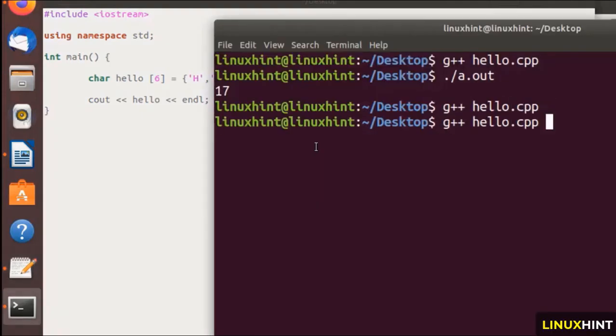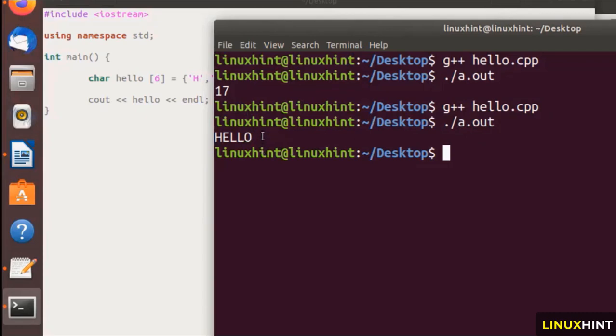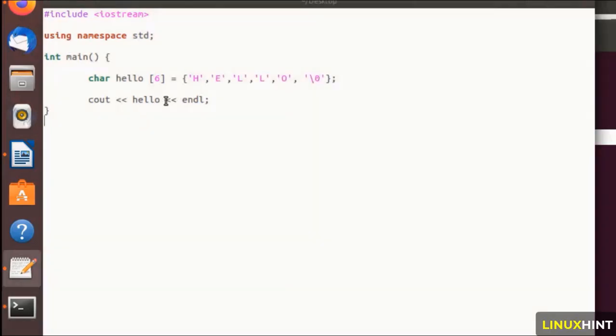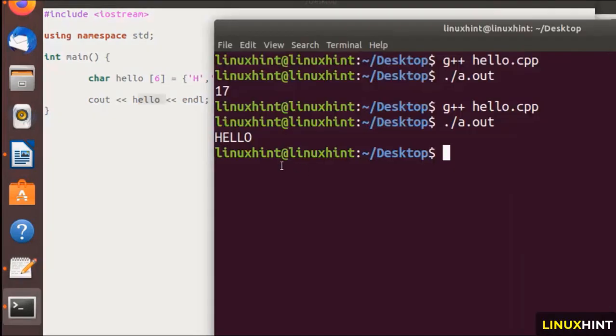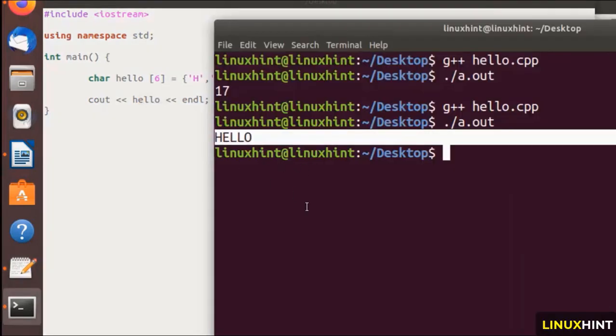You can see that it does not give us any error, and if I run the binary file, you can see that it has printed out hello, which means that now we are printing out a string. So we're basically having a character array, we're combining all the characters and making it into a string. There you go, you can see that we have printed out a string successfully with a C style